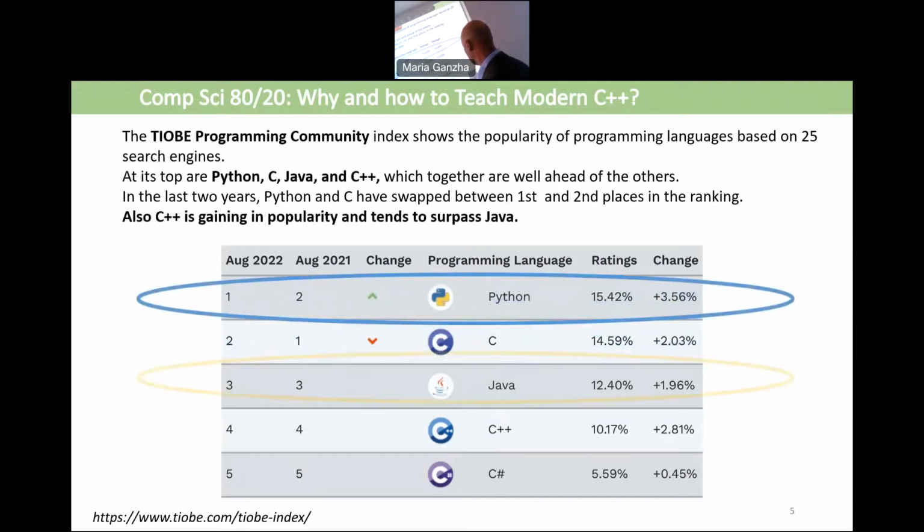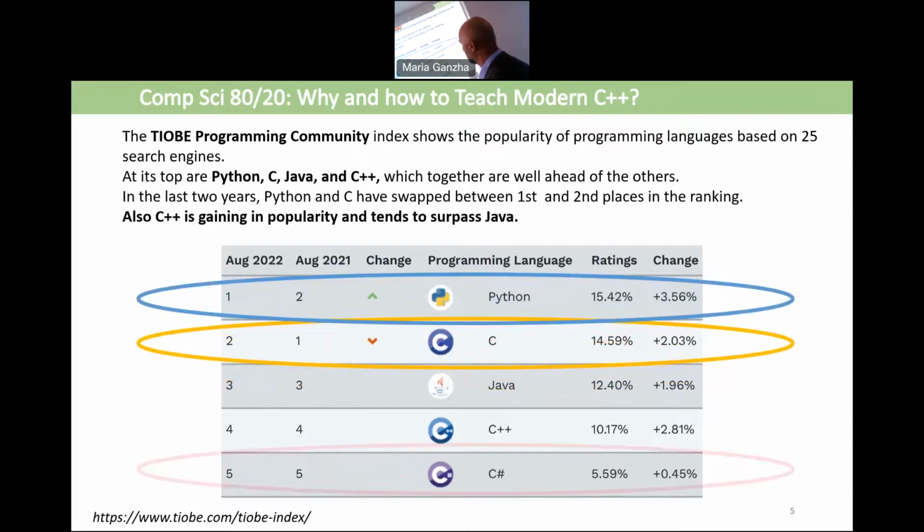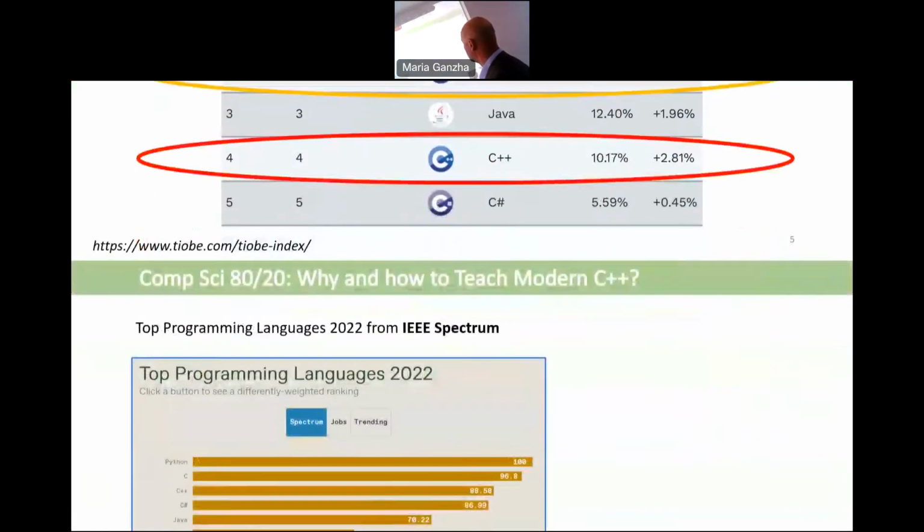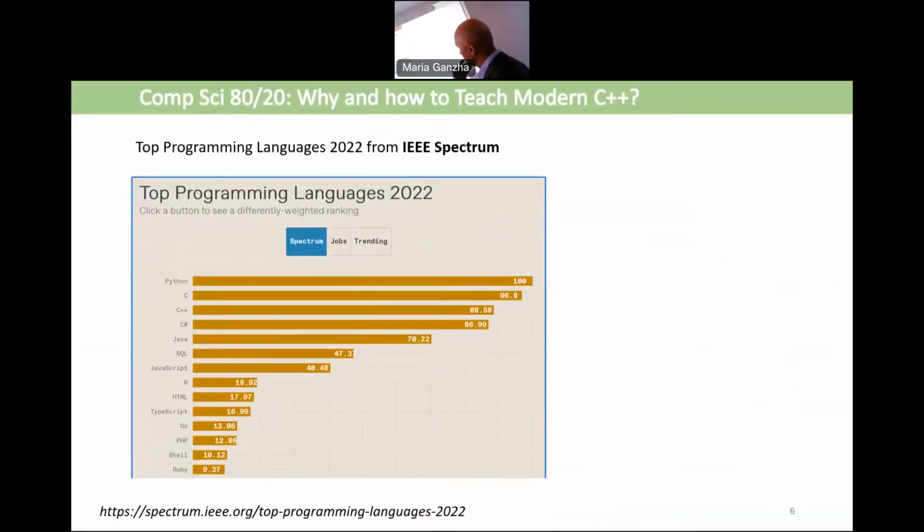But at my department, we teach all these 3 languages. The question is, in what order should we teach these languages? The order changed throughout the years, so I will mention this. We have another statistic from IEEE Spectrum, quite fresh, just found a couple of days ago.